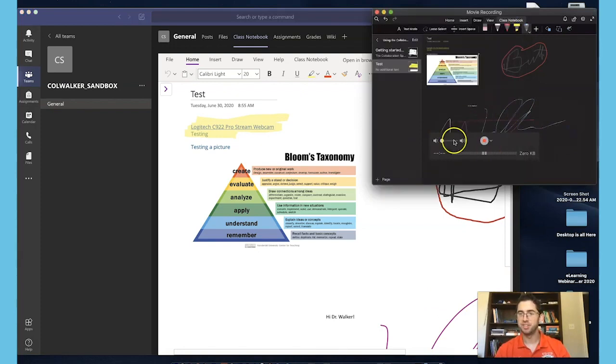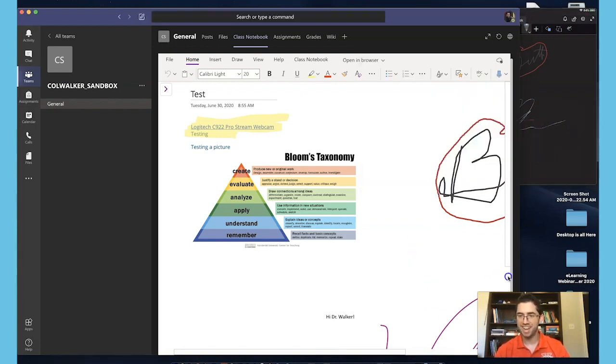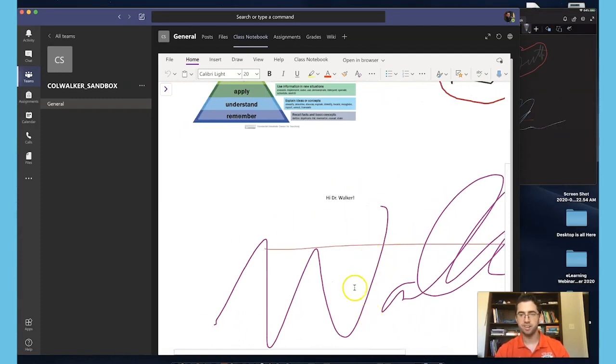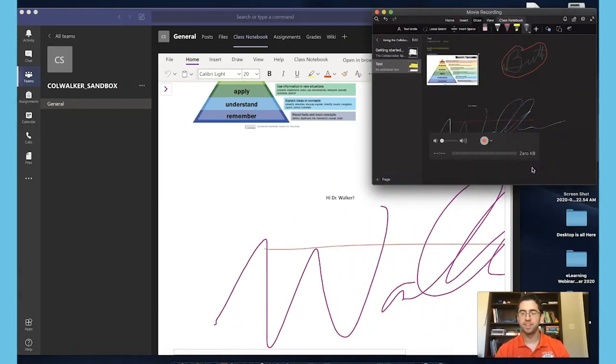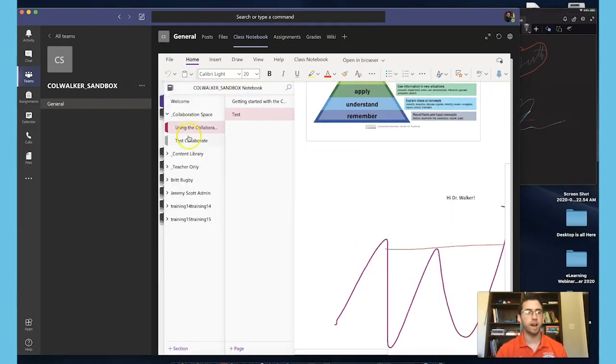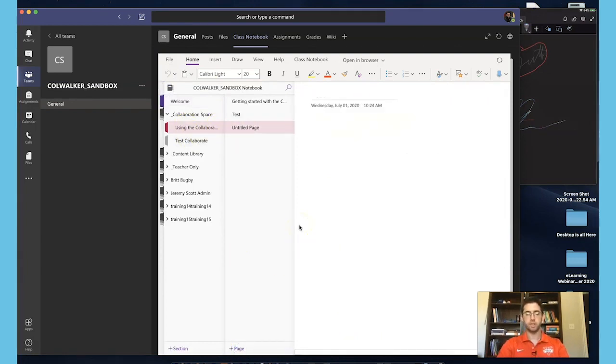So you see I just drew my signature over here, and then as it was happening, you actually began to see it appear on the screen. So with the graffiti activity, you could give your students a prompt. So let's start from scratch. We'll add a new page. So we'll say